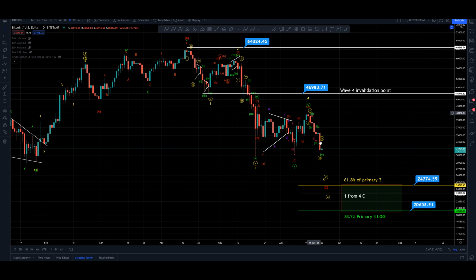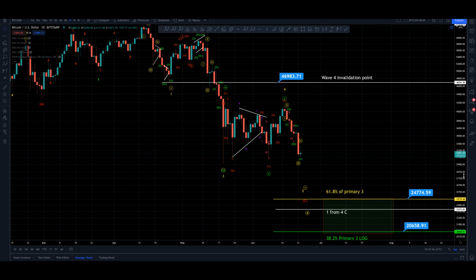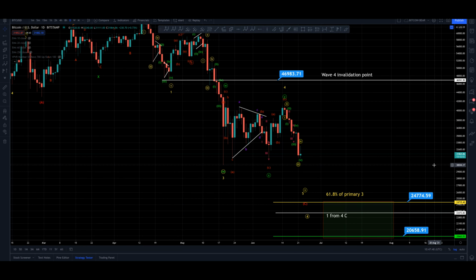So we should be on guard for any impulsive reaction to the upside. If you see a clearly impulsive action on a smaller time frame of 5 waves up, 3 waves back, then we start moving higher again, there's a chance we've bottomed. Preferably we would like to see it, of course, beyond where the 3 completed on the 19th of May. Otherwise we would be looking at a 5th wave truncation, which we've already had to assume once previously,